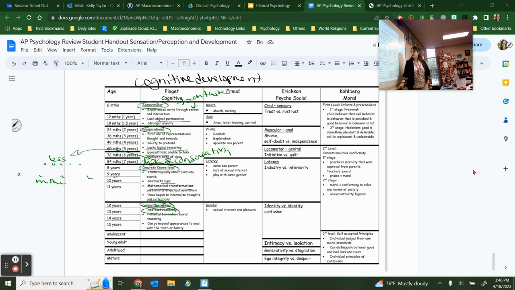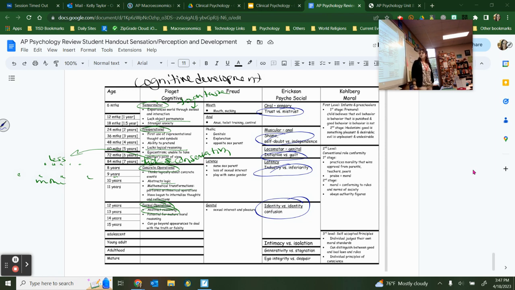Erikson's got a whole bunch of stages. There's 8. I don't love the way that they set it up because sometimes they underlined the title, sometimes they put the title as like the description. So it's trust versus mistrust, autonomy versus shame and doubt. They say independence here instead of autonomy. It's the same thing. Initiative versus guilt, industry versus inferiority, identity versus role confusion, intimacy versus isolation, generativity versus stagnation,